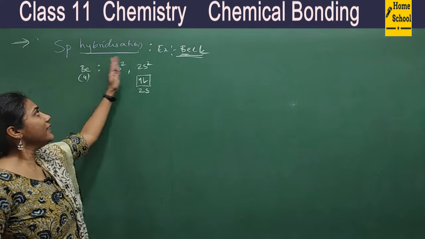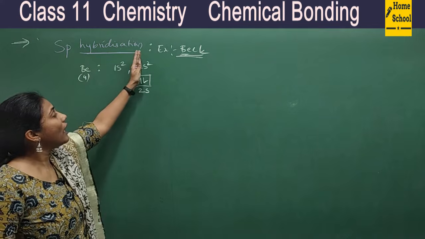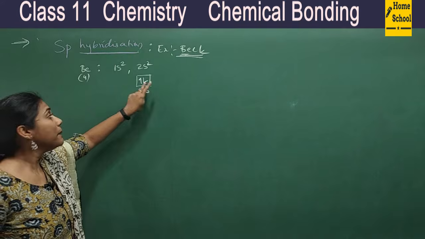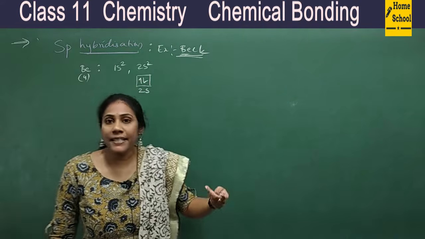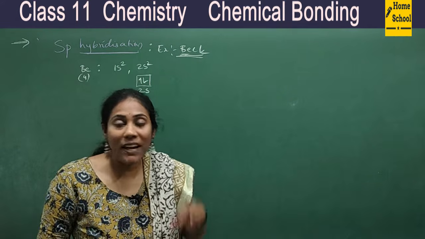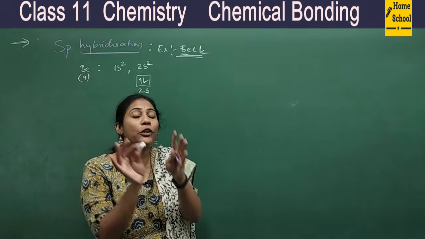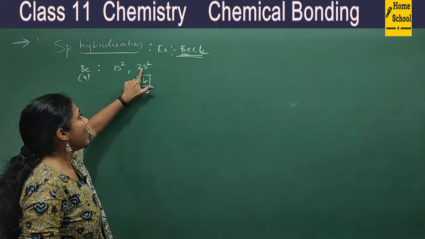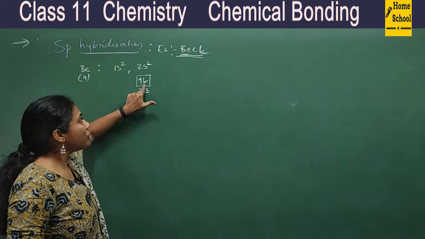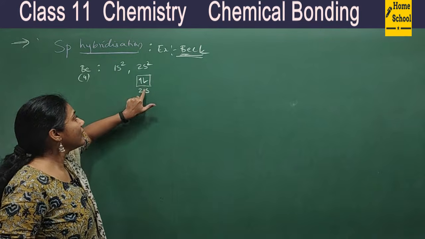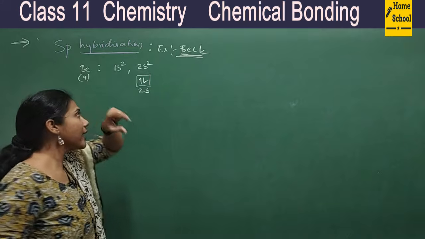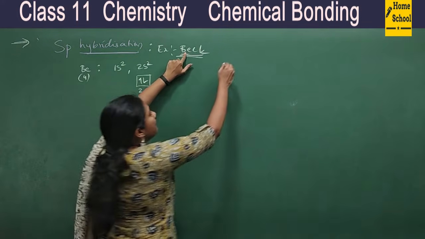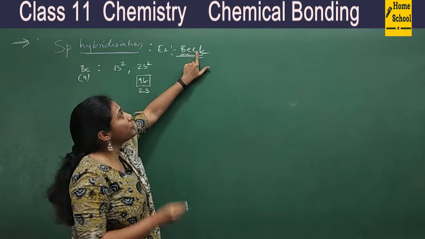So I don't want inner electrons, I just want the outer valence shell, because only the electrons of the valence shell participate in bond formation. Only valence orbitals can overlap to form a covalent bond, right? So the valence shell has only one orbital, which is completely filled, that is the 2s orbital. But you observe here beryllium has 2 side atoms.